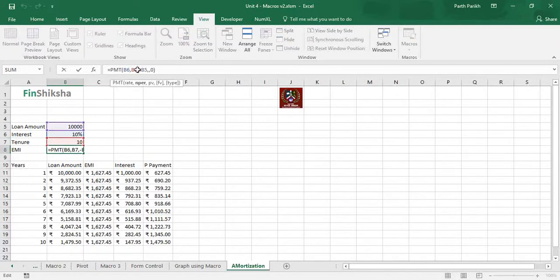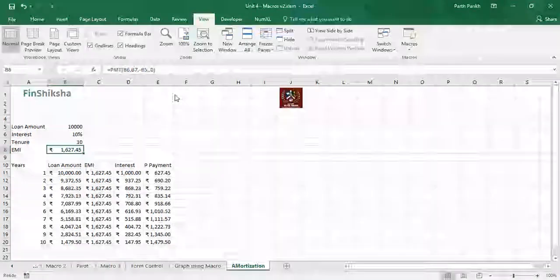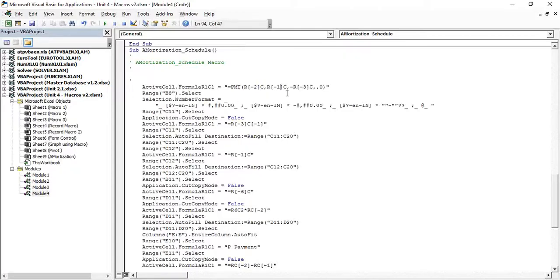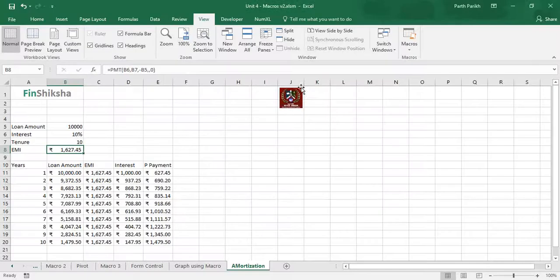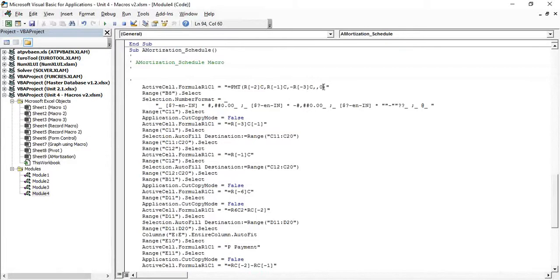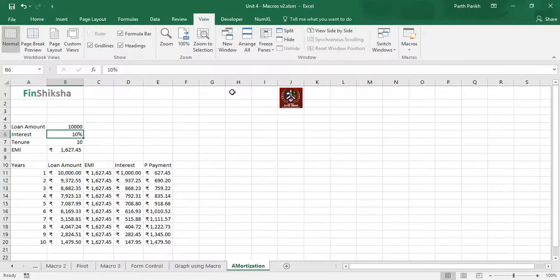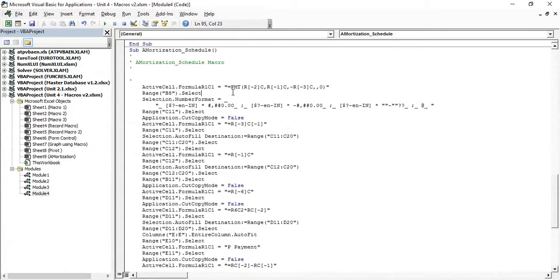Then it will be R[-1], which is my tenure. Then R[-3], and then 0. So Excel has provided that formula to us. And then it says Range("B8").Select, so you apply that particular formula there.